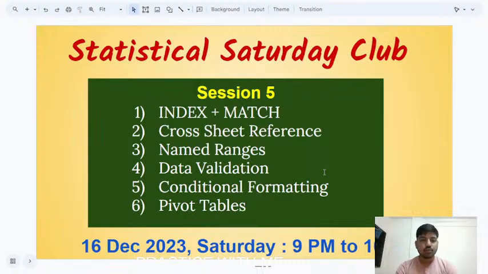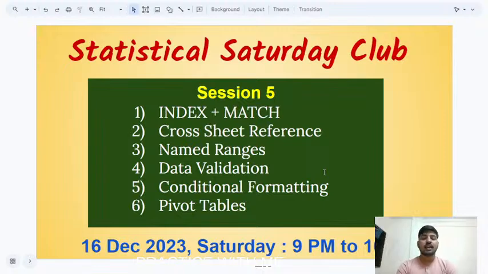We will look into that and how we can make use of it while doing our data entry work. Then we have conditional formatting, which is sometimes required to attract the user to wherever the problem is. If you see any cell whose background color has been made red, we suddenly get attracted to that cell in the whole sheet. So how to make such a conditional formatting, where if the value changes the formatting would change, that we will see